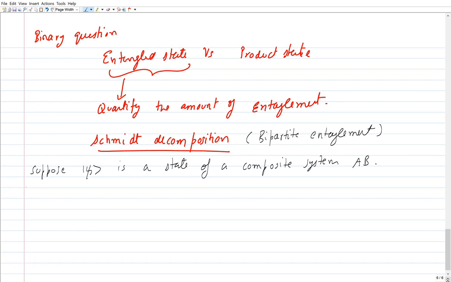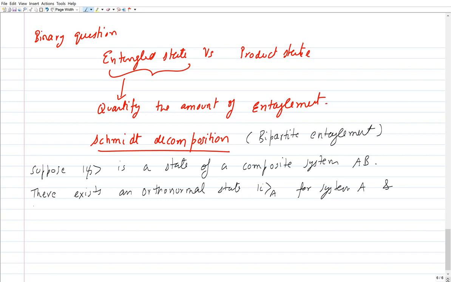Now one can show that there exists an orthonormal basis |i_A> for system A